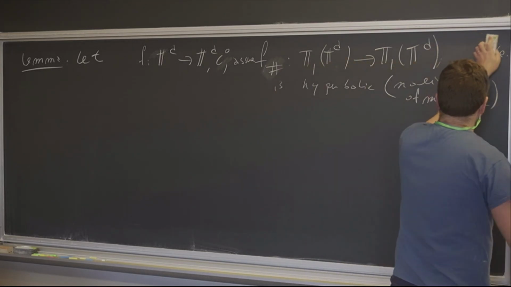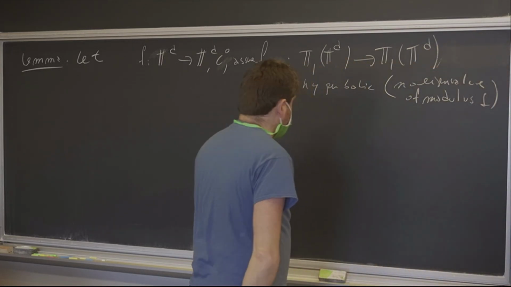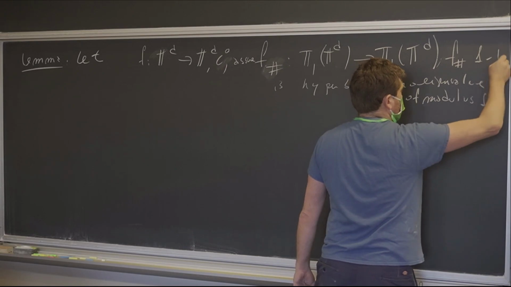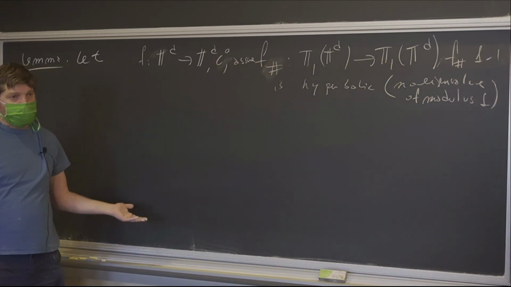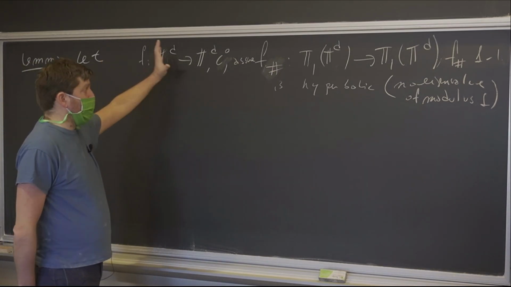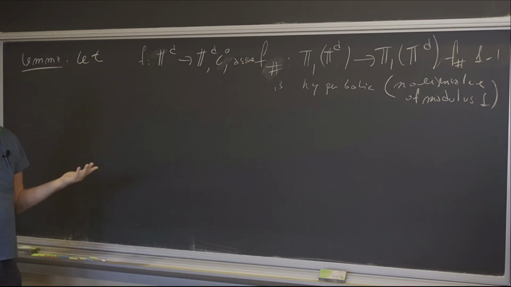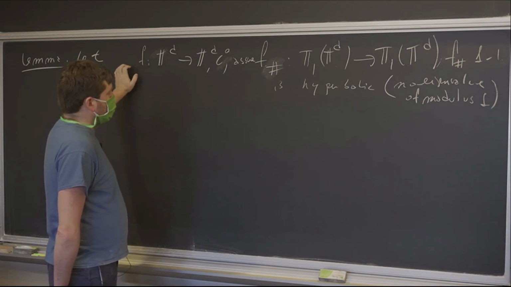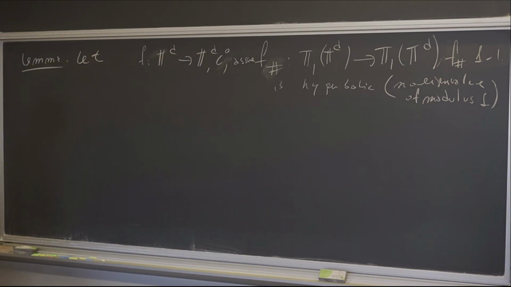I don't even need F sharp invertible. I want F sharp 1 to 1. Okay, it could be times 2, which is not invertible, but it's still 1 to 1. So I don't need F to be invertible. Even if F sharp were invertible, I still don't need this guy to be invertible. Yeah, I'm saying that what I'm saying is right. So we will see in the proof, but I think everything is good. In the worst of the situation, you assume F sharp invertible, and then life is even simpler. Then